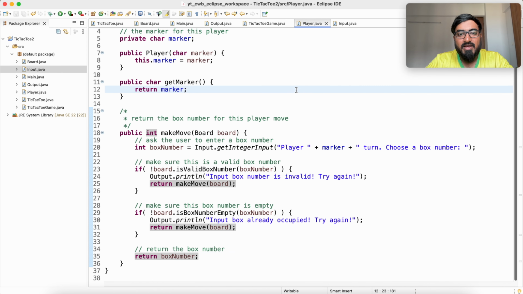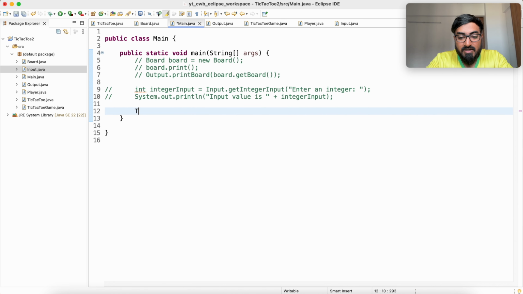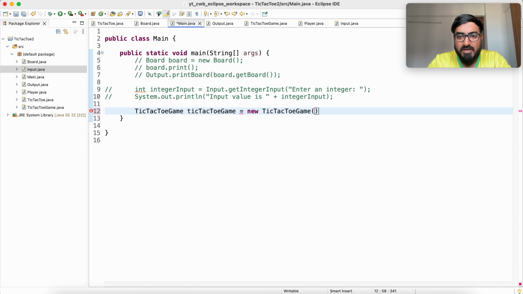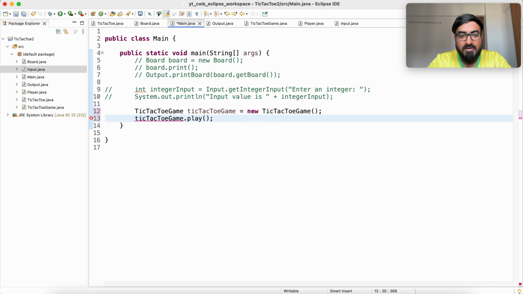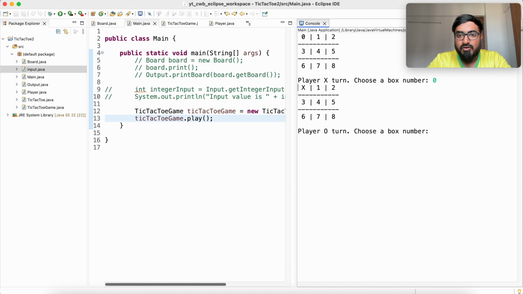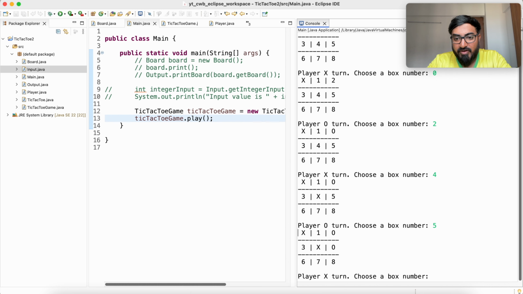So let me go back and run this. So I go back to my main, I don't need this. Okay, I create a TicTacToeGame object, TicTacToeGame equal to new TicTacToeGame. All right, and TicTacToeGame dot play. All right, so running this. Okay, I say 0, then I say box number 2, box number 4, box number 5, box number 8, and